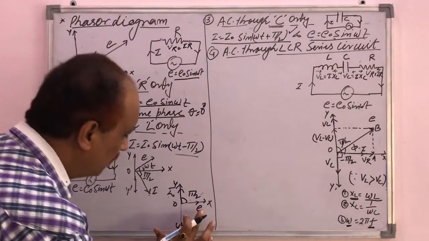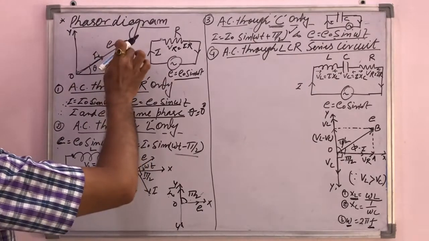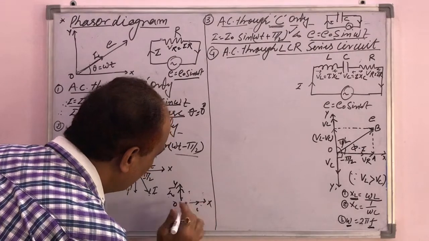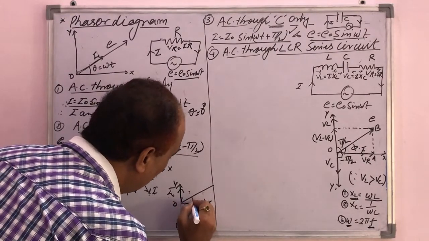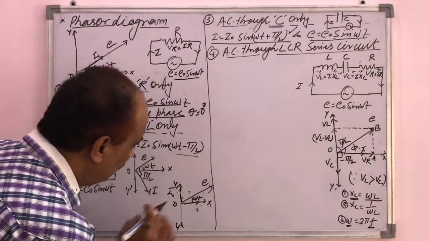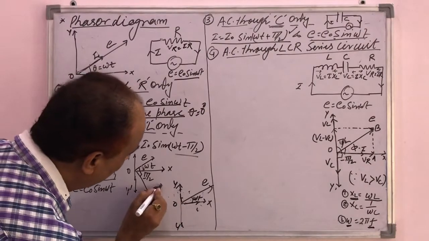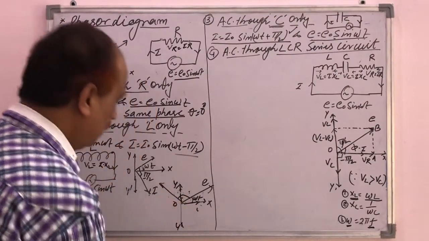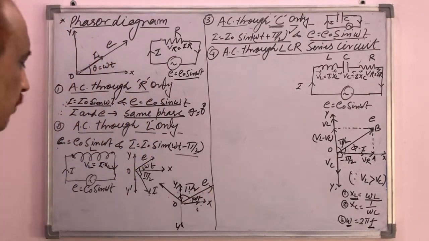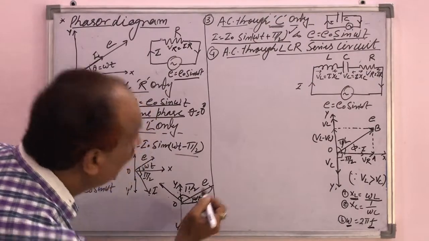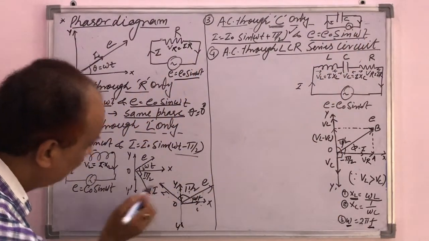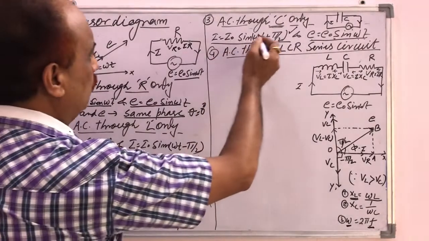This graph can also be represented like this. If we draw the graph like this, we can represent the EMF by making some angle omega t with the x-axis. It is represented by vector E. In that situation, when we draw the 90-degree angle, it is like this. It will be drawn in the third quadrant, and again the angle between them is equal to pi by 2. So the equation for E will be E naught sin omega t, and the equation for I, denoted by this vector, will be I naught sin omega t.